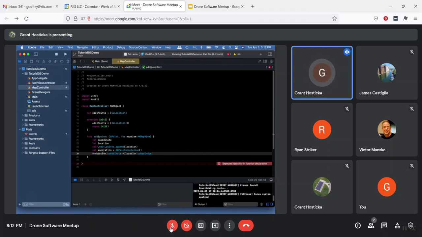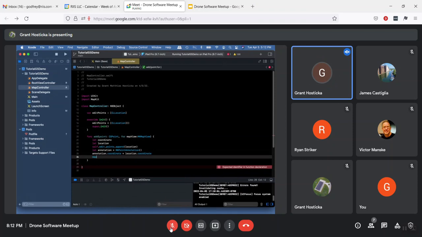Coordinate is going to equal our location coordinate, and then map view,